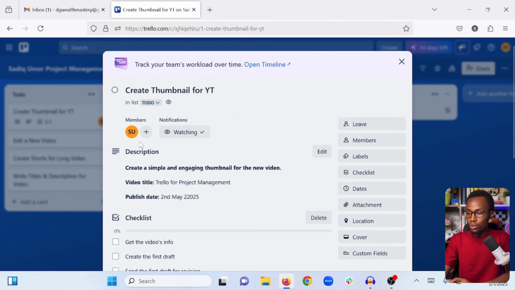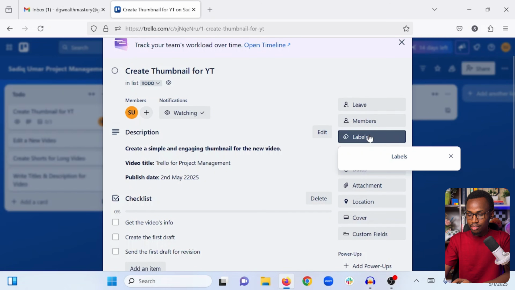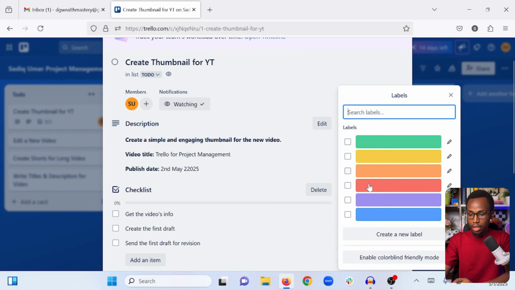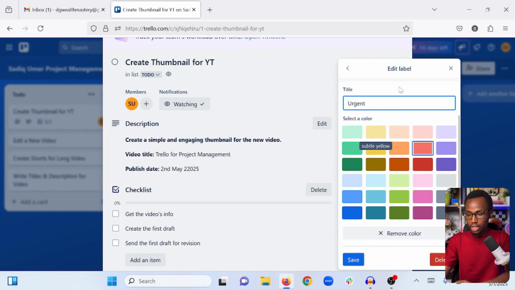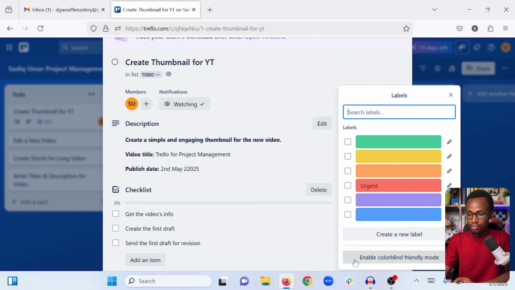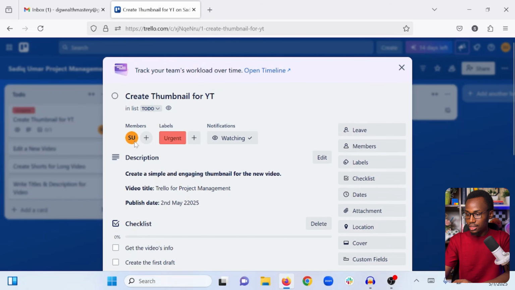And the next thing we can do is add a label to mark the importance of the project and maybe the urgency of it. And we can choose label here. And maybe I will choose this red one, and I'm going to click the pencil icon to add a title. Maybe I will say urgent or priority 1, or urgent will do, and I will just click on save. So when I select it, the person looking at it sees